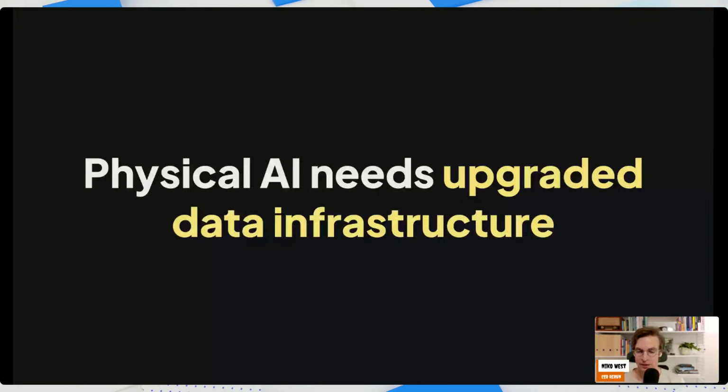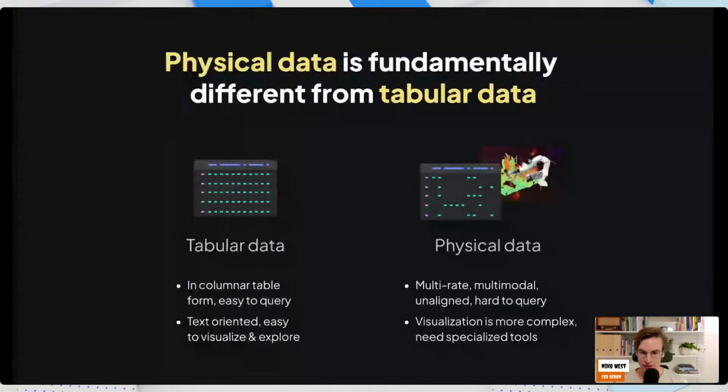If you think about tabular data, it's really easy to store and keep organized in rows. That's been done for decades. There's a lot of research and great infrastructure around that, and it's easy to think about and query. And because it's text oriented or simple numbers, it's easy to visualize.